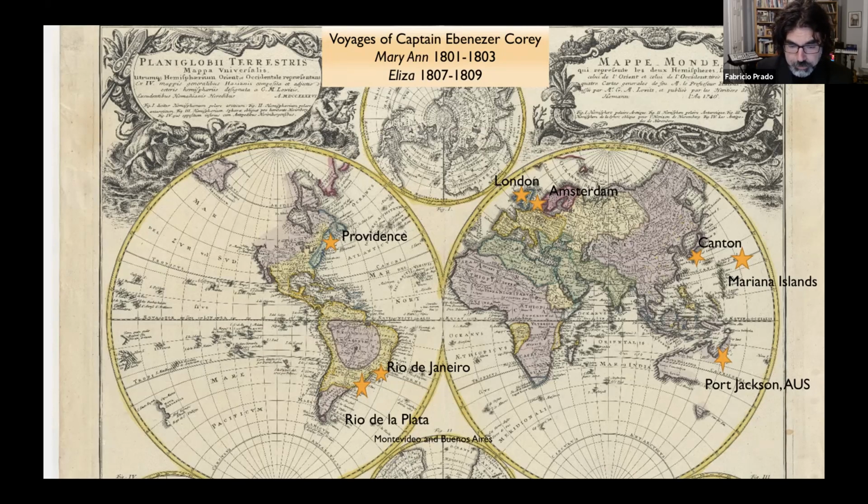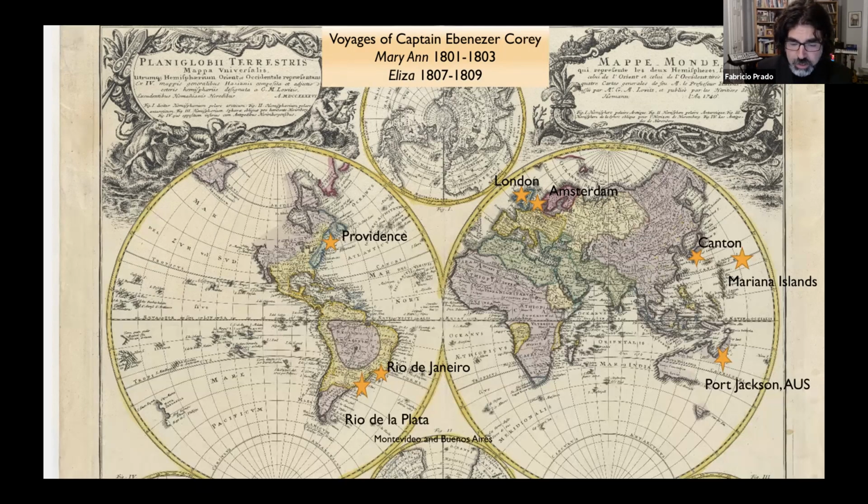In Rio de la Plata, he was supposed to sell the Eliza's cargo and to load silver. He was supposed also to exchange some letters of credit, selling bills, and he was supposed to load nutria-skins. Nutria-skins are critical because that was one of the few goods that the Chinese wanted very much in addition to silver. So this was like preparing a cargo to enter the Canton market.